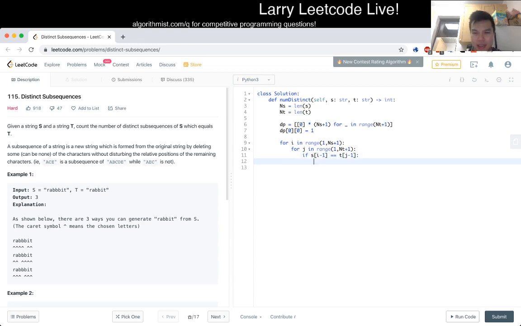Okay, if s[i-1] is equal to t[j-1]. I think this is a symmetric one, where it doesn't really matter the order of the loops, except maybe for memory considerations. In theory you could optimize this to use the last two arrays. I do notice these optimizations, but I'm not going to do that, at least not yet. Maybe I'm forced to. Then dp[i-1][j-1]. Otherwise,